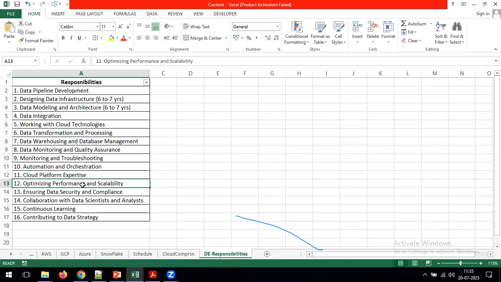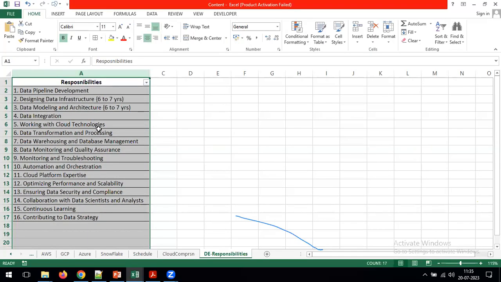I am not touching all these responsibilities in detail in today's demonstration. I'm just giving a high-level overview of the responsibilities we perform as a cloud data engineer in real time. In our classes, we will discuss each and every responsibility with practicals and hands-on. With that, after 45 or 50 days, you will be in a position to explain these responsibilities and the activities we perform in real-time projects.